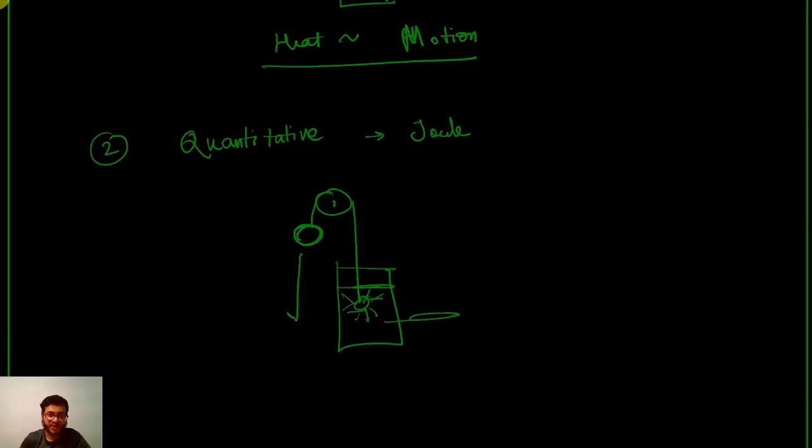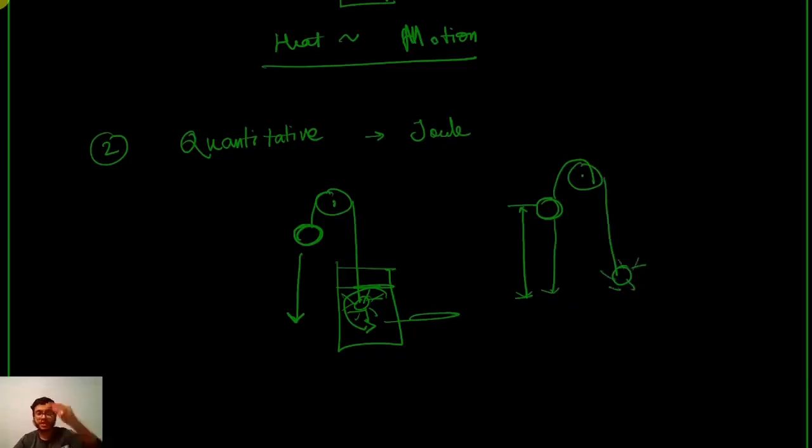So when the brass ball fell, then this thing would rotate and the water would heat up. And he found that when the ball goes from here to here, it loses some mechanical energy due to gravity. The same mechanical energy is quantitatively transferred to the water. So for the same fall, no matter how many times you repeat, the water will get heated up the exact same amount. So that proved that it's not only qualitative, but there is a quantitative connection between